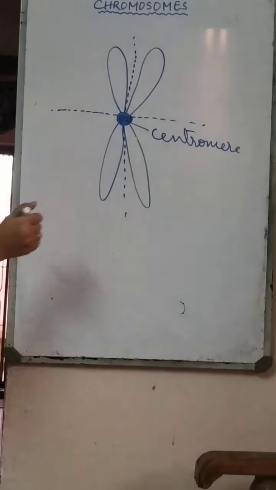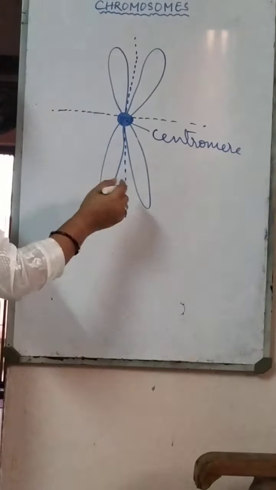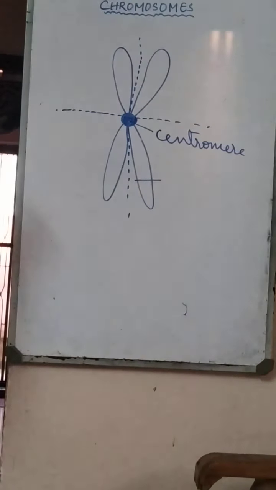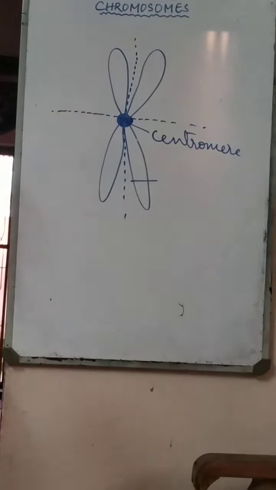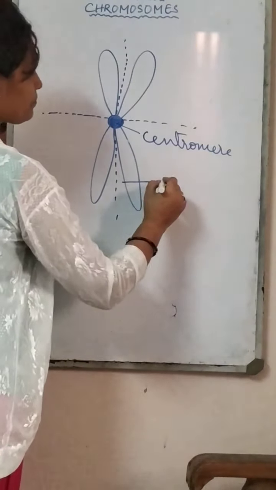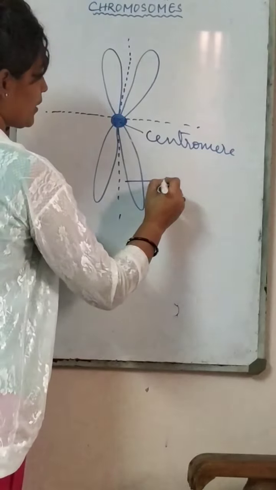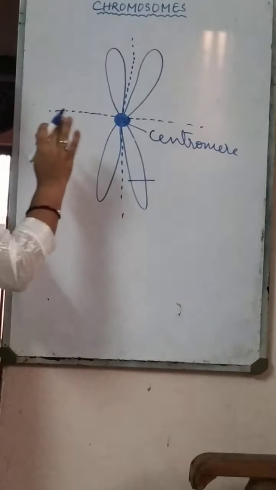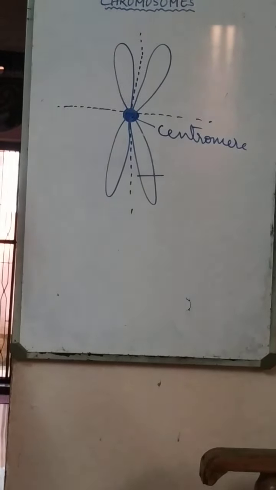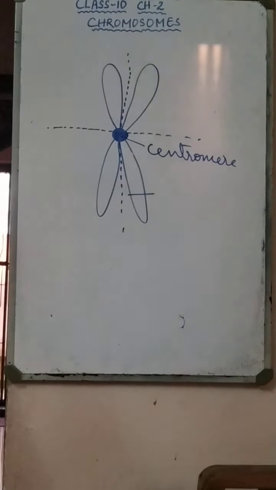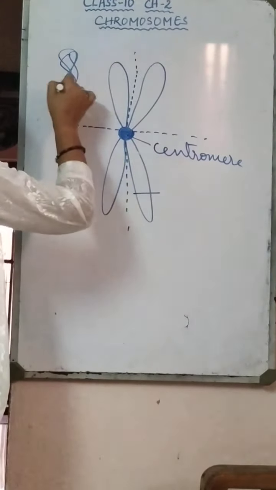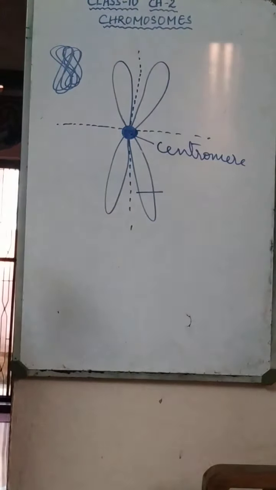Now, as we see the structure of the chromosome like this, when we see the detailed structure under an electron microscope or highly advanced microscope, these chromosomes are made up of two things. These chromosomes are not seen clearly in a normal cell, only in actively dividing cells, when the cell is ready to divide. In normal cells, they appear as thread-like structures, which are called chromatin fibers.